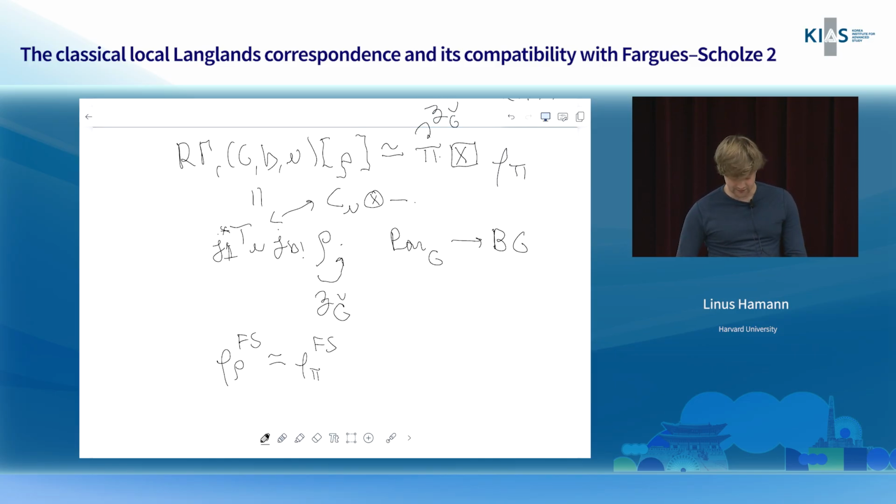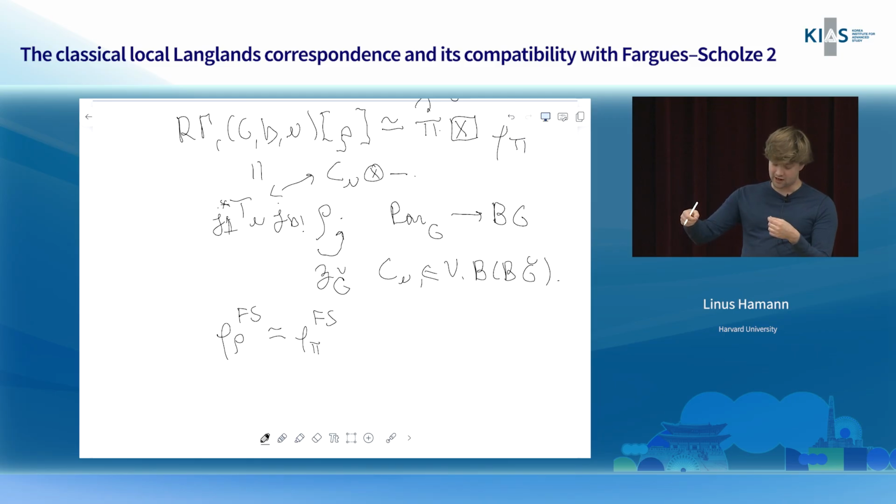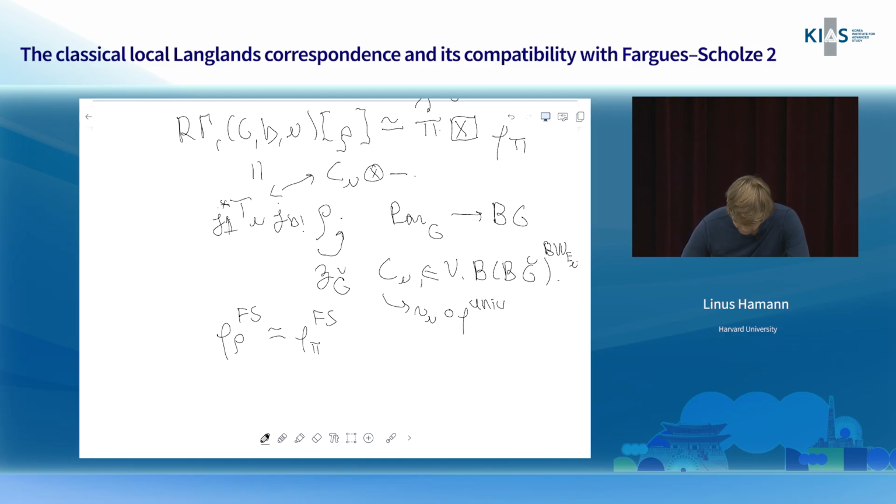Now, on the other hand, this C mu over here, well, it's actually not just a vector bundle on BG hat. So if you look at some point in this moduli space corresponding to some parameter, it more or less corresponds to the vector space V mu. But then that has a natural action on it. So this has a natural action by the Weil group of the reflex field. And that's given by taking the universal Galois representation on the stack and then composing